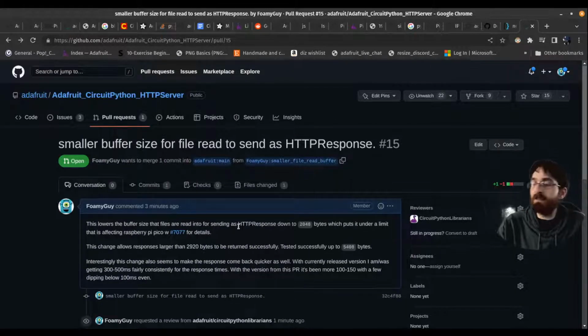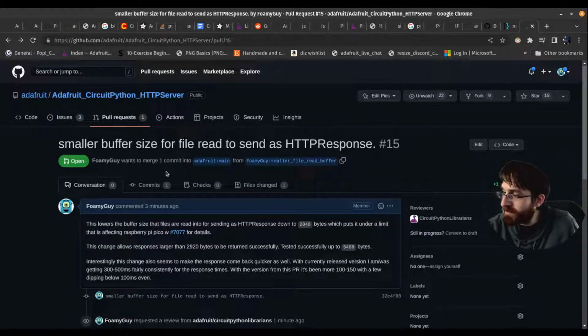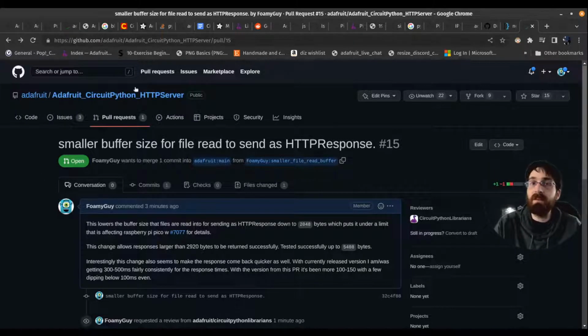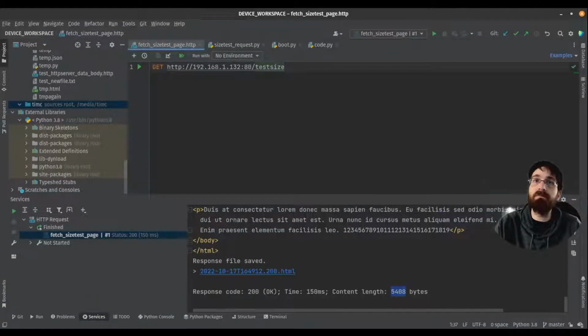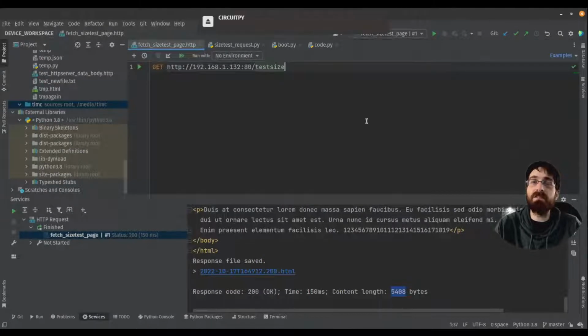Okay, if anybody is so inclined, feel free to try it out. Be happy to have other folks try it. I don't have the camera running, but I will try it on the Feather TFT, just to make sure that we didn't randomly break it on the other port. Because this port was working fine with large response sizes before. So we definitely want to make sure we didn't break it. Although my guess is that it's going to be faster, since it turned out faster on the Pico.